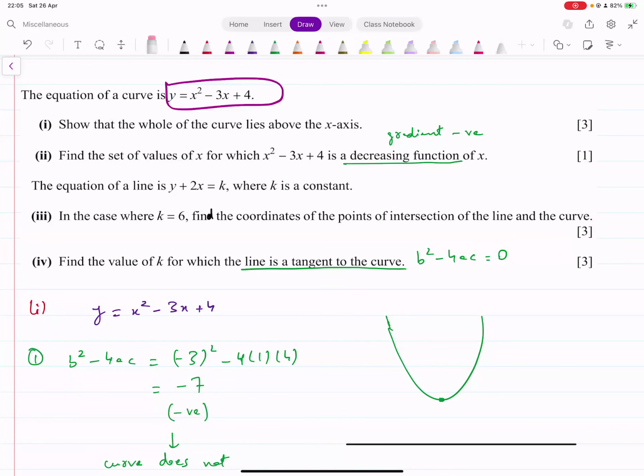We need to show that the whole of the curve lies above the x-axis. How do we do problems like these? The whole of this function lies above the x-axis. Now, what's the shape of this graph? It's a U-shaped graph. The coefficient of x squared is positive. Since it's a U-shaped graph,